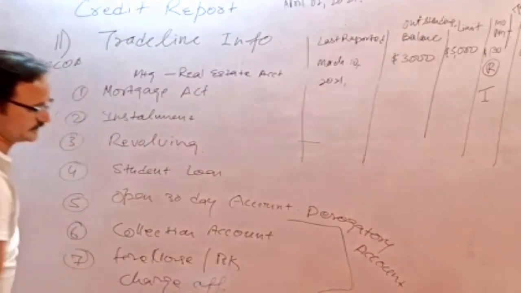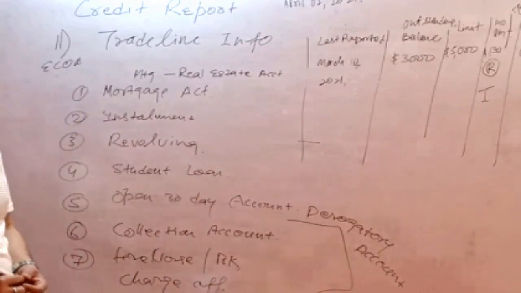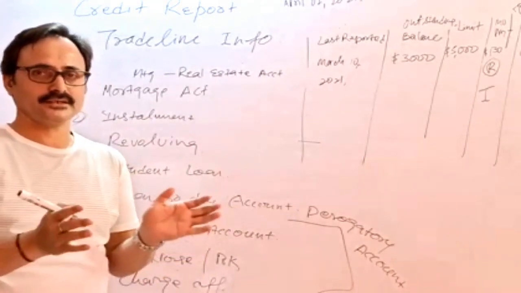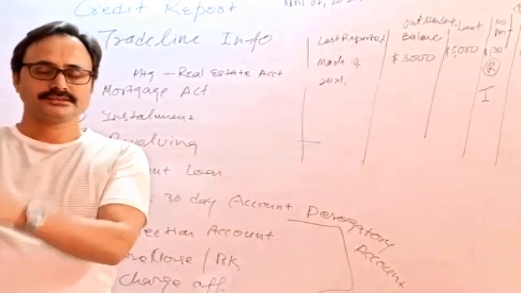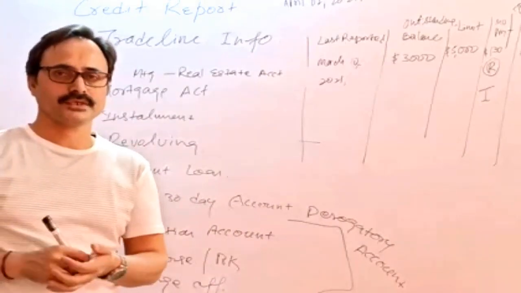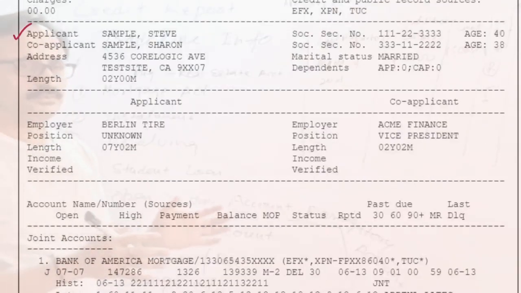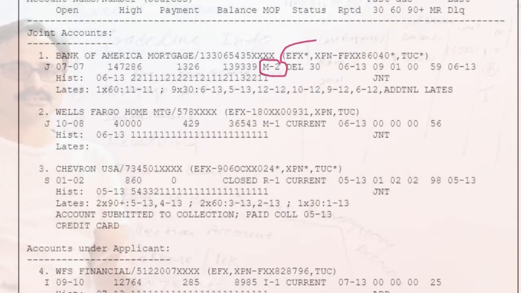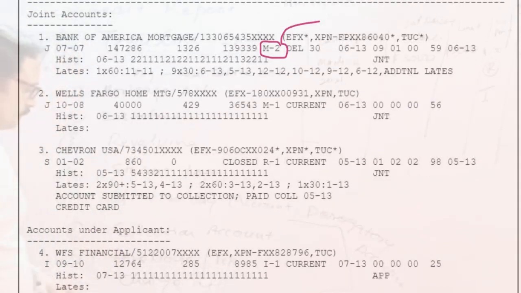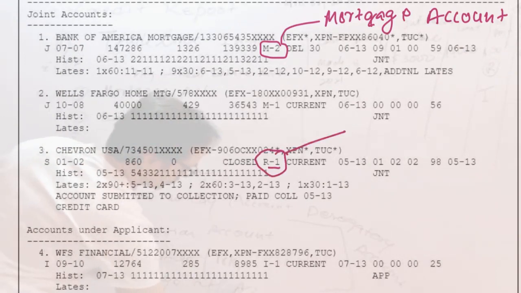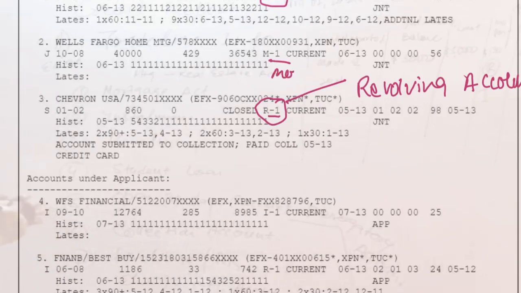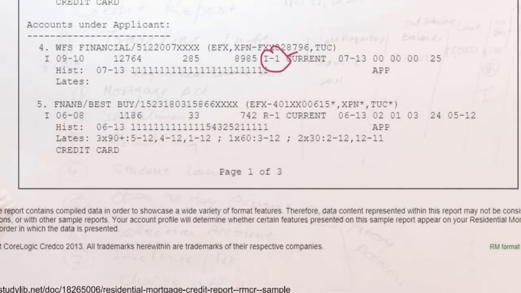Charge off means any account where the collection company was not able to trace the borrower or was not able to recover the money, that account will be put aside, right? If any one of you is from accounts, you must be knowing it, that those will be written in the books, in the different books, and that will be considered as a charge off account. Now, the borrower is not going to pay. So those are the charge off accounts, right? These are the different types of accounts. There are more, but I think these are the major accounts which are going to appear most of the time.